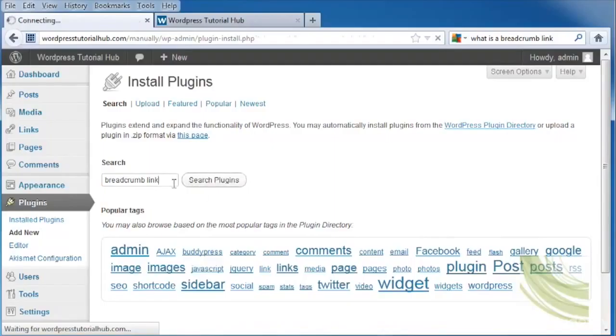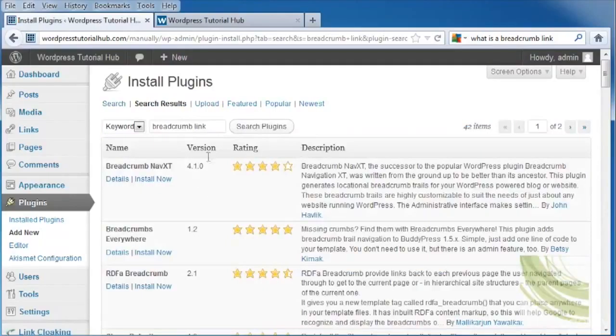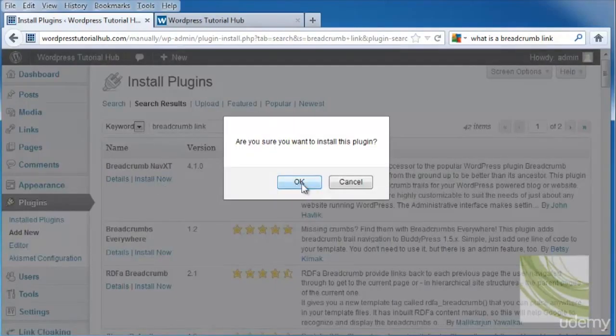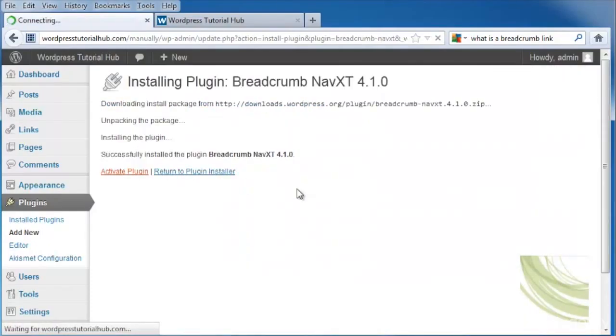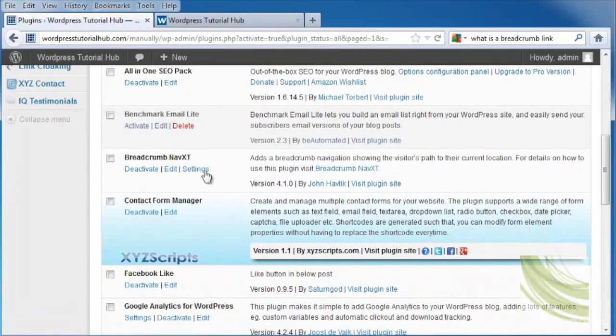We're going to search breadcrumb link in plugins, and here we go. Here we've got Breadcrumb NavXT, and that's right at the top of the list, and we're going to go ahead and install it now and click OK. Activate our plugin, and we're going to come down here to Settings, and we're going to click on Settings, and